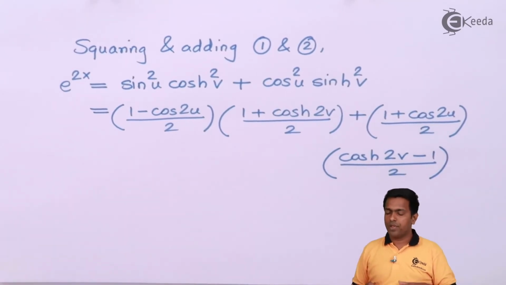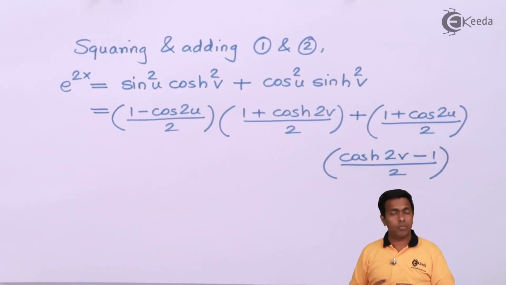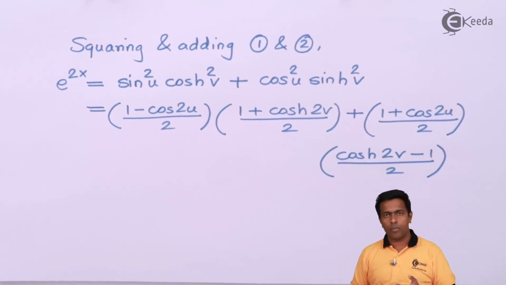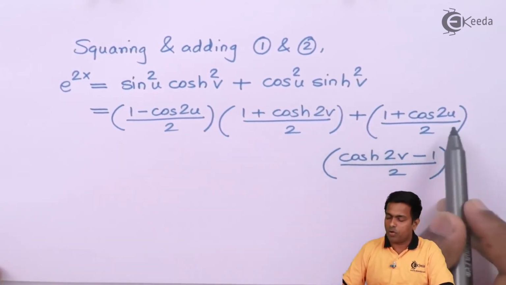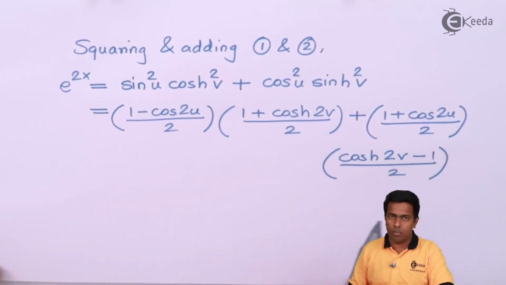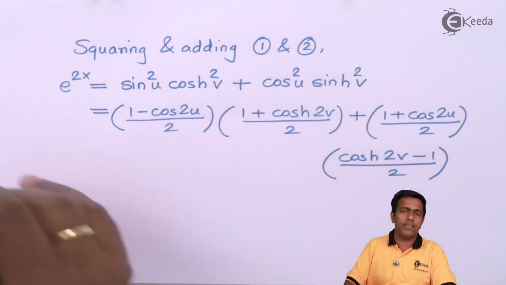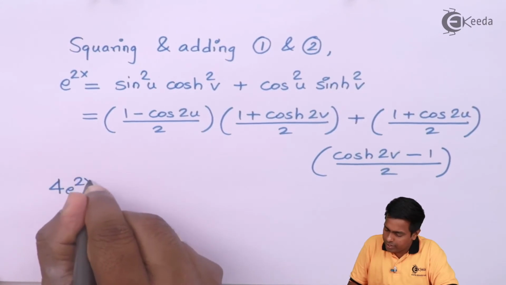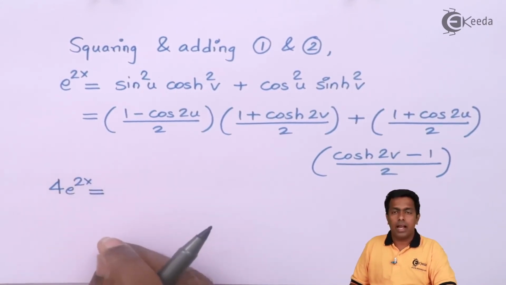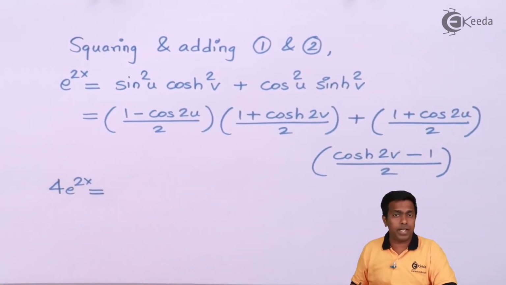So guys, here we are just using the formula from hyperbolic function and trigonometric function. And let's say if you don't know this formula, what you have to do? Again, you have to go back to the video of formula of hyperbolic function and just revise all the formula. Okay, so let's start. Now here in the denominator of all terms we got 2, so we can take 2 common and we'll send this 2 on the left hand side, so that we will get 4 e to the power 2x equal to, and now on the right hand side we'll multiply the remaining terms.